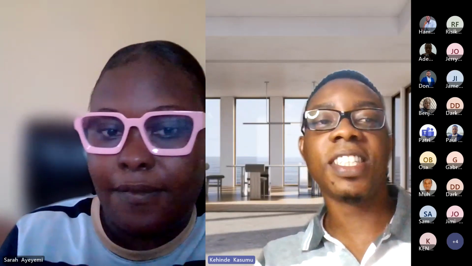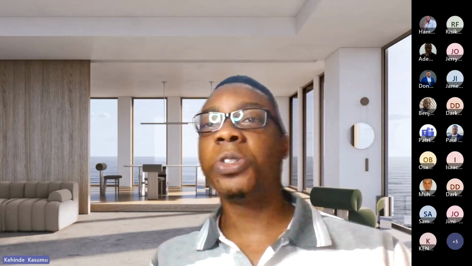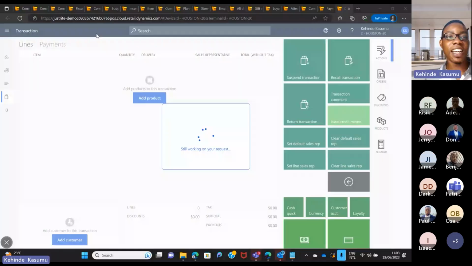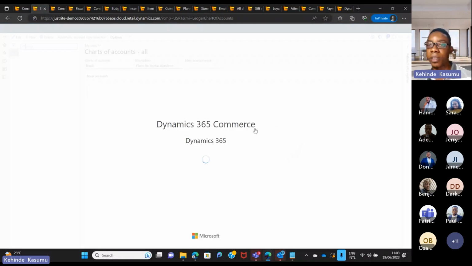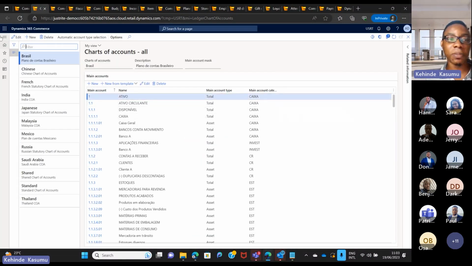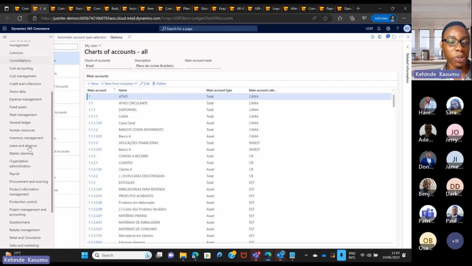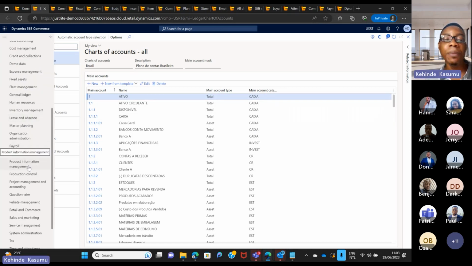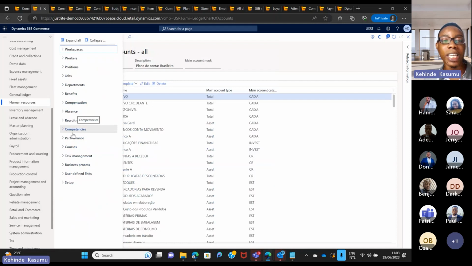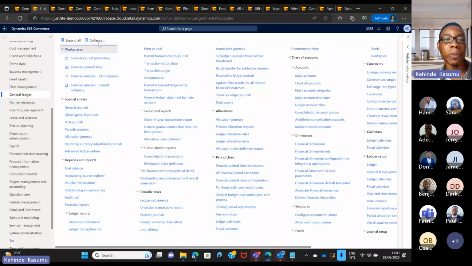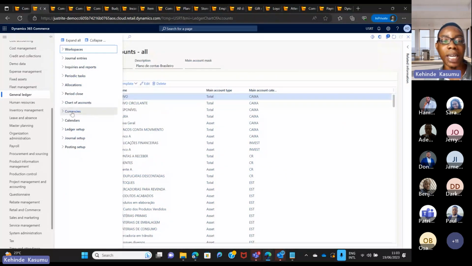Just to answer that question, I showed you some of the reports that we have. Let me see if I can share my screen again. Some of the inbuilt reports that we have are, for example, the financial reports. If we go into each of these modules, you have inbuilt reports. You would always see the inquiry and report section. It's always in every module. In that section, each area has reports that talk to that module.